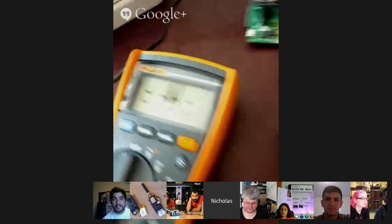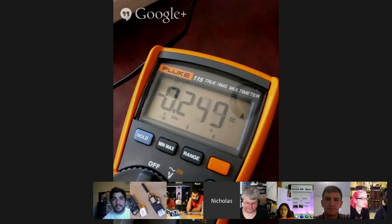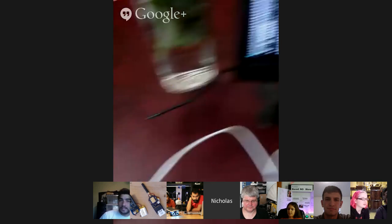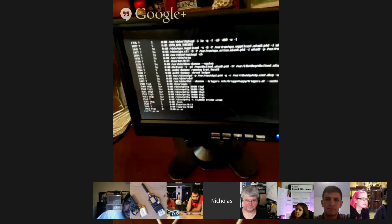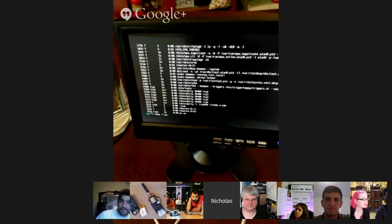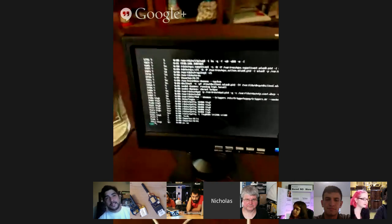I have it hooked up to my little ammeter here. This is running at 12 volts right now, and if I actually tell the Raspberry Pi to do something, I can have it just compress. Oh, come on, what is this? And it looks like